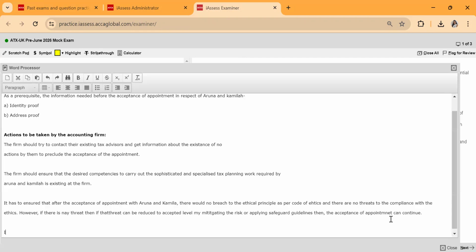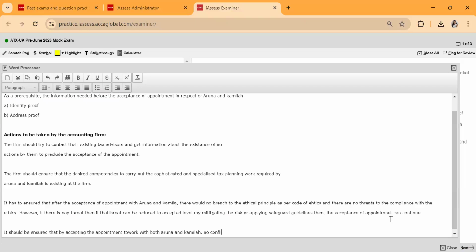It should be ensured that by accepting the appointment to work with both Aruna and Kamila,